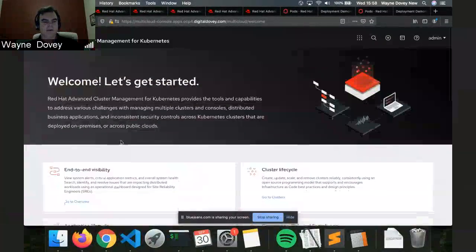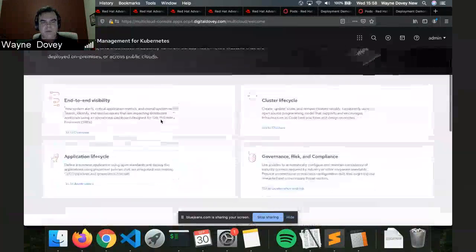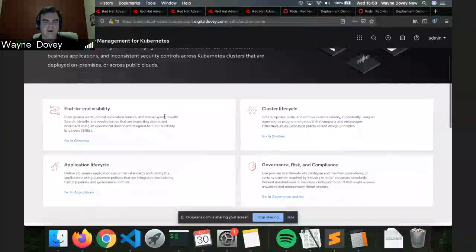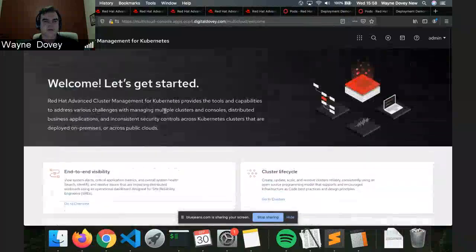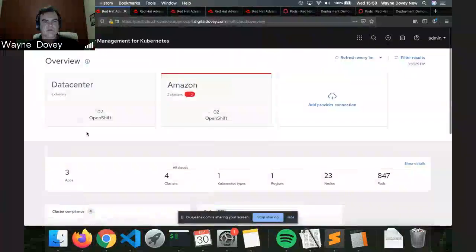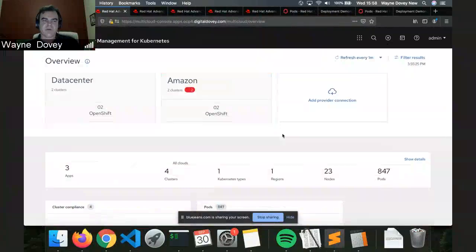Yep, perfect. Okay, great. So yeah, as mentioned, from a high-level view, ACM is able to do quite a few functions, manage not only OpenShift clusters, but other instances and flavors. And I've set up a demo environment to illustrate how that works in action. Essentially, the key screen that we're looking at now is the summary of all our clusters under management.